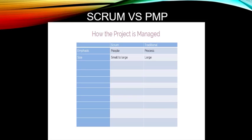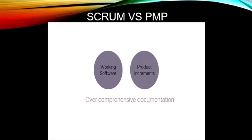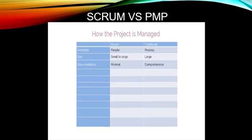Since its early days, Scrum has focused on producing working software over comprehensive documentation. It still does, and has expanded that focus to include the incremental development of products other than software. While documentation is necessary and useful for any project, Scrum teams focus on interim deliverables, in which real value is delivered to the customer. The documentation is done minimally, as and when it is required. Lessons learned are recorded during retrospective meetings. The process followed in Scrum is